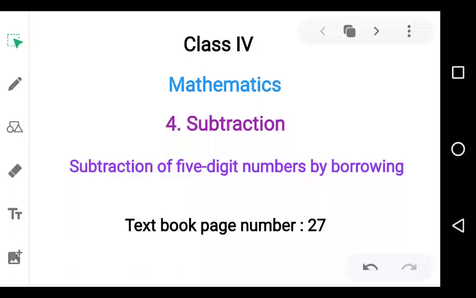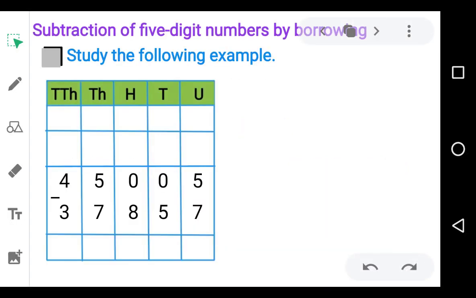Today we are going to take subtraction of 5-digit numbers by borrowing. You know how to subtract 4-digit numbers by borrowing. In the same method, we subtract 5-digit numbers by borrowing. Let's study the example that is given in your textbook, page number 27. See, here it gives the numbers